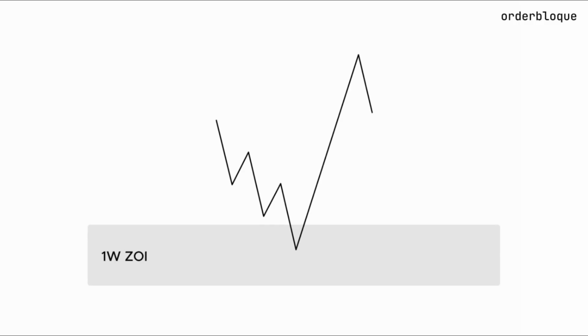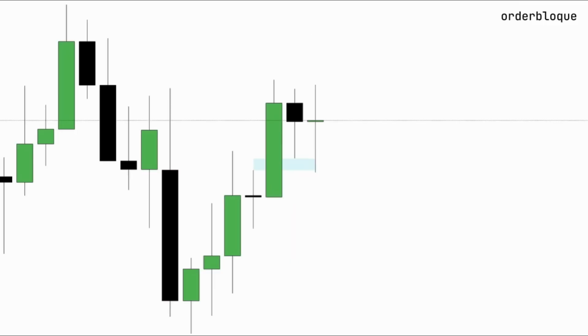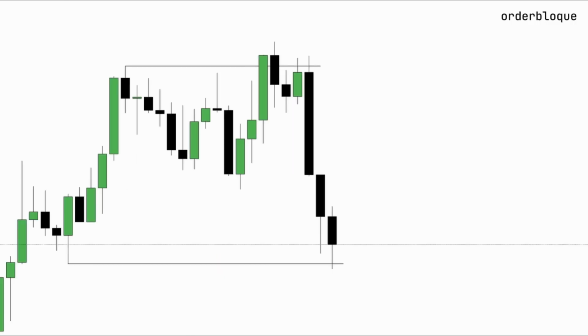If we illustrate schematically where order flow begins, it's usually a zone of interest, for example, on the weekly time frame. In the context of this zone, the price confirms volume on the daily time frame and may form a certain dealing range. In our example, a similar situation occurs. After rebalancing the weekly fair value gap, the price removes liquidity from the weekly fractal high. On the daily time frame,